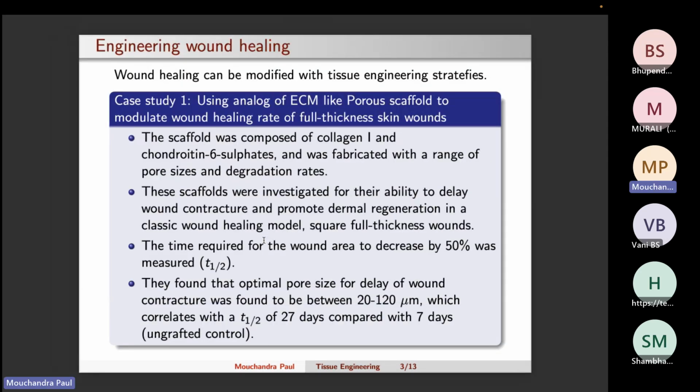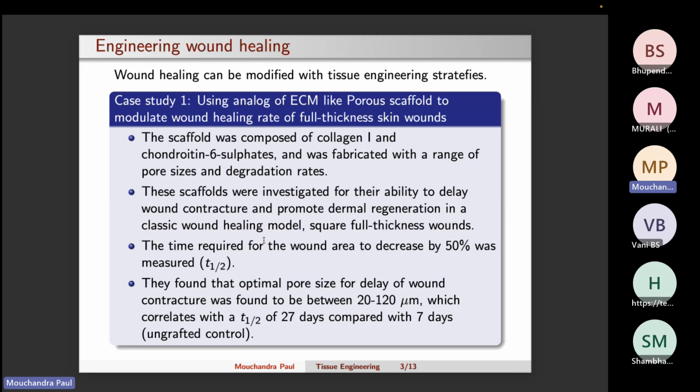So as we saw, the wound healing process, all the four steps. There was first hemostasis, then inflammation, and then proliferation of different cell types that will try to close the defect area. And then the remodeling step will happen, which will take months or even years. So that is how the wound healing process happens in the absence of any external factors like scaffolds or any medical agent. That is how it normally happens.